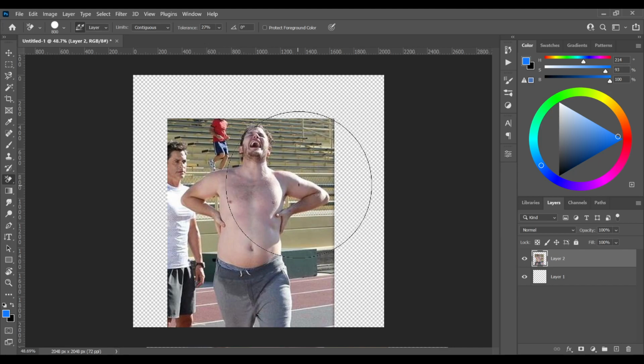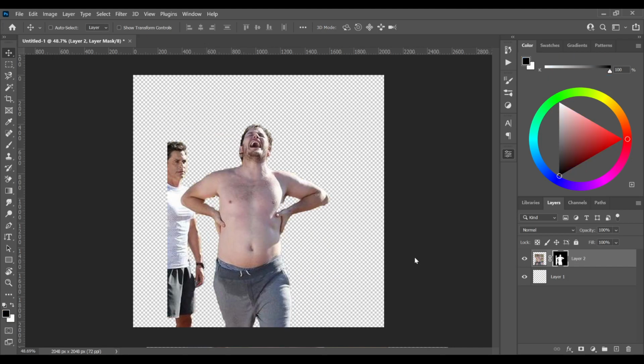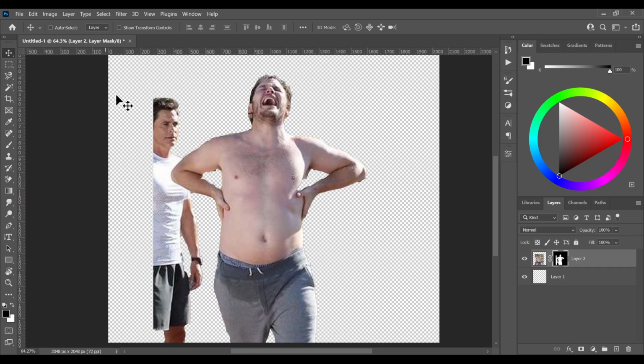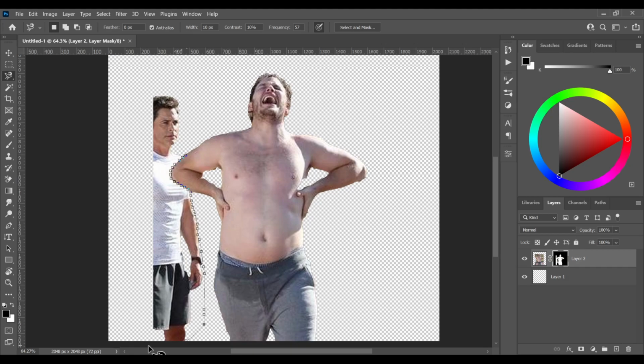I will also show you something that's new, only in the last few years, which is if I go to Properties, so Window and Properties, and I go to Quick Actions, I should be able to just hit this Remove Background. And let's see whether that works. And basically it's doing some AI and magic. So that's pretty good. We still got this Traeger here, but that's fine. We can remove him manually because it's way easier to remove just that. I will probably just use the magnetic tool to go around here and then grab all of this area